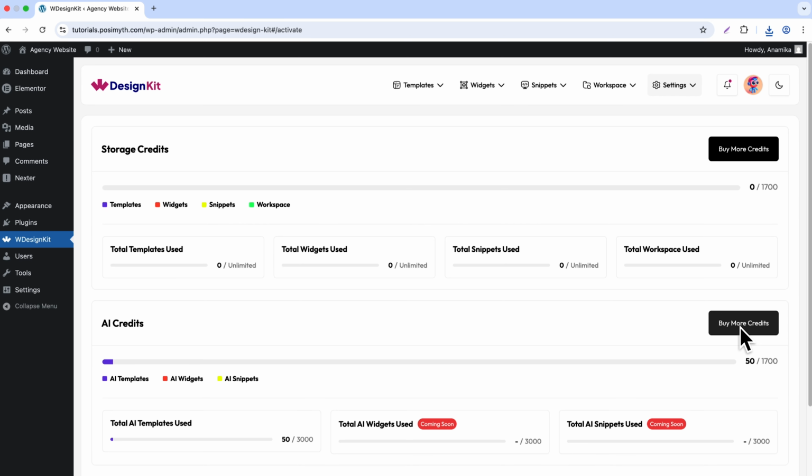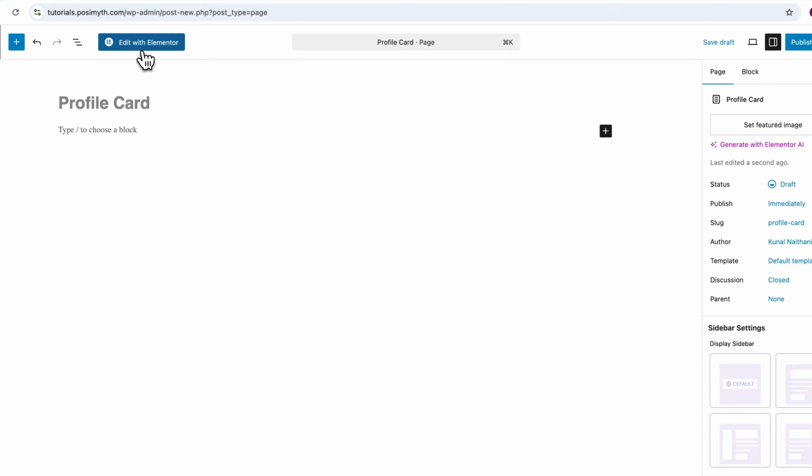Once that's done, let's create a page first and then open it inside Elementor to use it. So, first, heading to Pages, clicking Add Page and naming it Profile Card. Same as the widget name, so it's easy to recognize later. Once that's done, select Edit with Elementor from the top, and now we're inside the Elementor editor with a blank